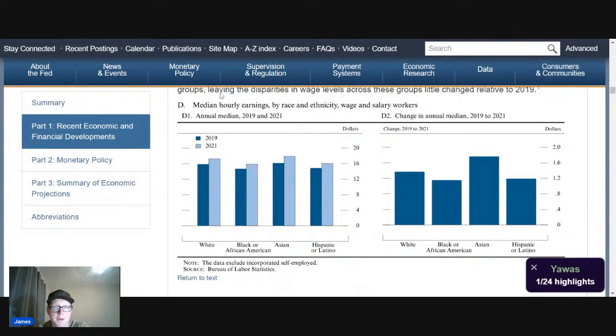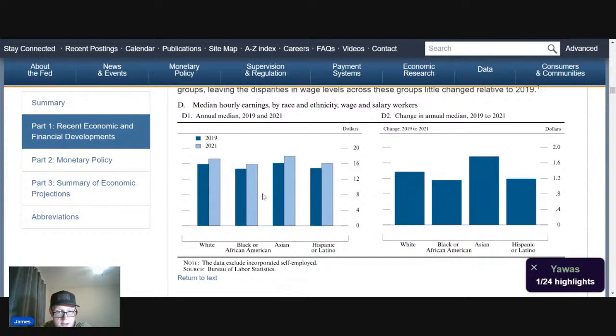So median hourly earnings by race and ethnicity, and this is wage and salary. So we have annual median. Where's the difference? Is it the different graphs? So we have the 2 years here, and this is the delta. So I guess it's just all of them. It's not separating wage and salary. Okay. And so you see, all of them, each respective race, is up,